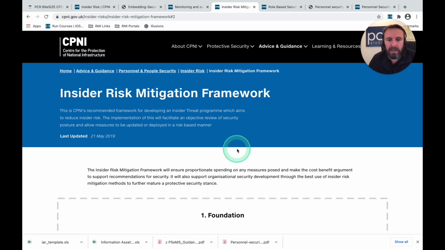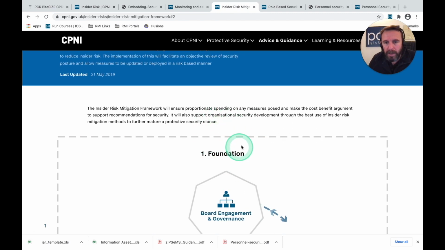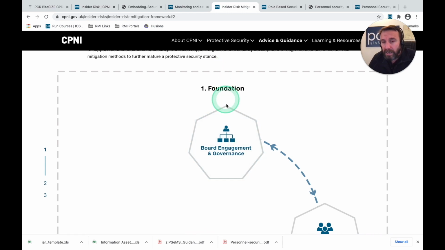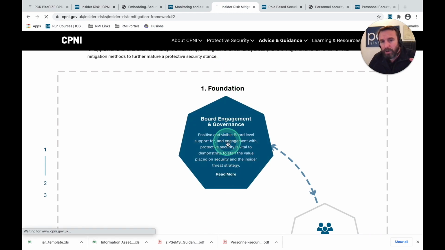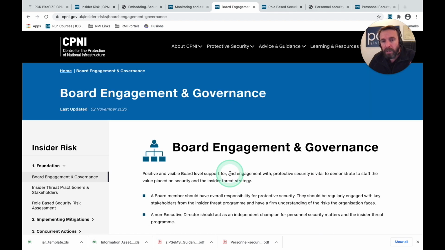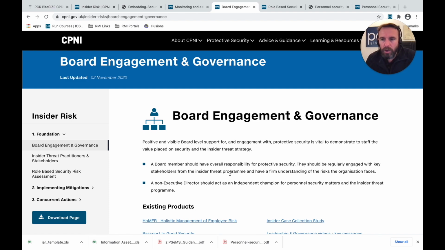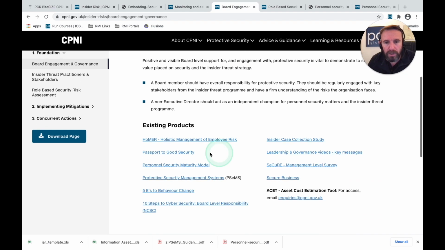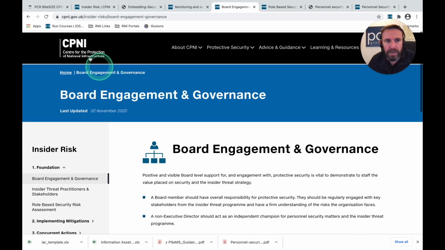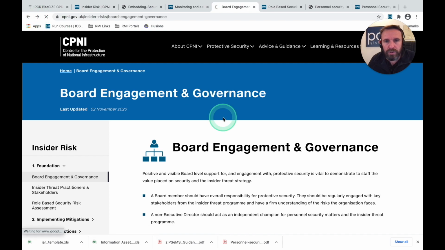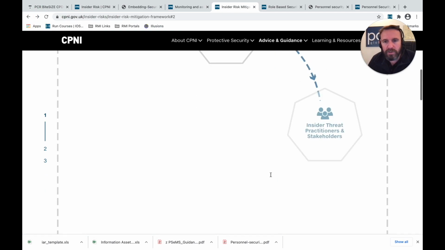Once we click into it, it then takes us into the framework, and then ultimately we can follow on board governance right at the very top. We can click into that. We can go a little bit further if we need to read more, and there we go. This now talks about board engagement. When we teach the IOSH Corporate Risk Essentials, this is all about risk from the board. So if you've been on that course, it's worth following this and having a look in here. It just gives us links back through as well. Here's the personnel security maturity module as well. So it really is worth going onto this framework to have a look.